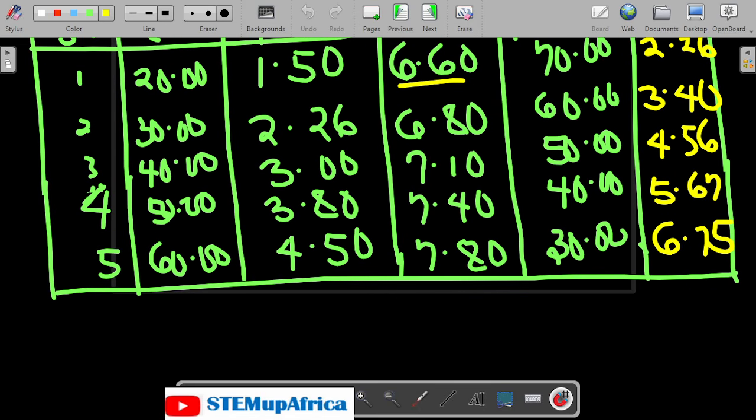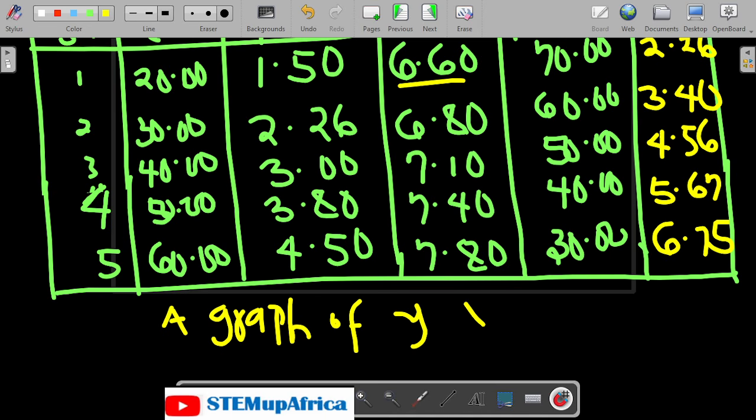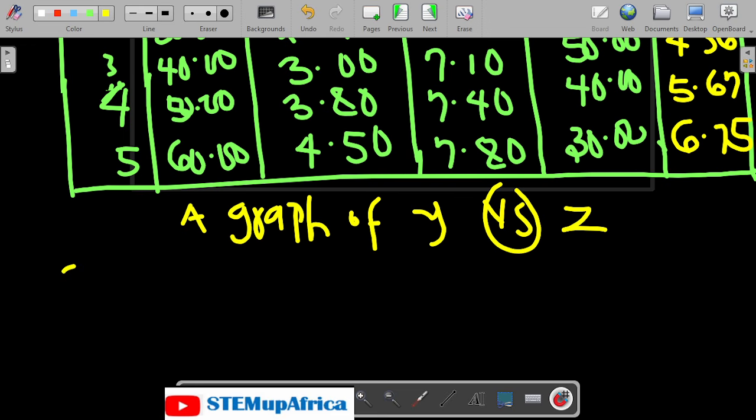So you can write it: a graph of Y versus Z. Then I will now state my scale by writing scale